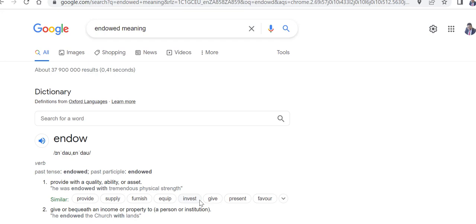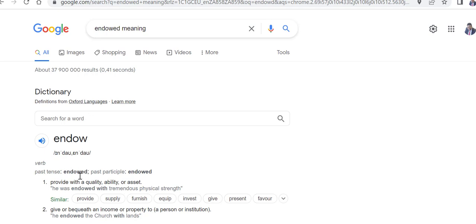Sometimes it's good to have a common man's understanding of a word, and then try to figure out why it is used this way in mathematics. So what is the name? It says provide with a quality or ability.